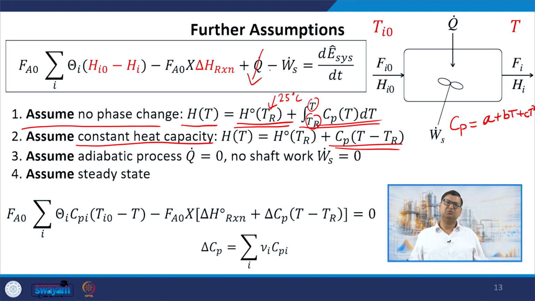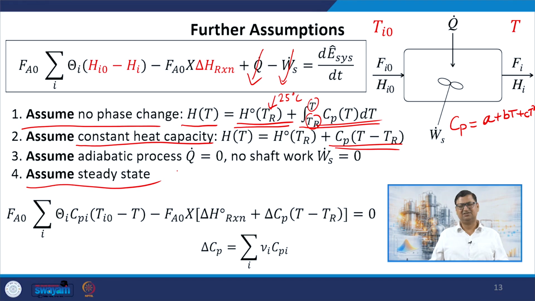And if I assume that there is no shaft work, there is no impeller or stirrer inside the reactor, that is true for a plug flow reactor anyway, or there is no turbine extracting energy from the system, in that case we can drop the shaft work as well. And then finally we can assume steady state. In that case I can drop the right hand side again, and then we have a much simpler equation